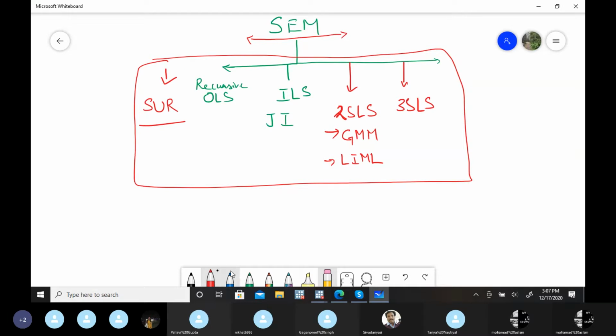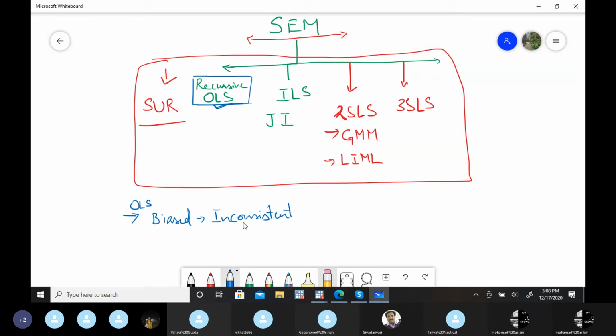One of the major problems in simultaneous equation models is that if we simply apply the OLS method, the results are biased and inconsistent. This was the basic problem with the OLS method, unless you have a recursive model. That example we took yesterday. Today I will also show one other example of a recursive model. In that case, you can apply OLS, but otherwise you need some other methods.